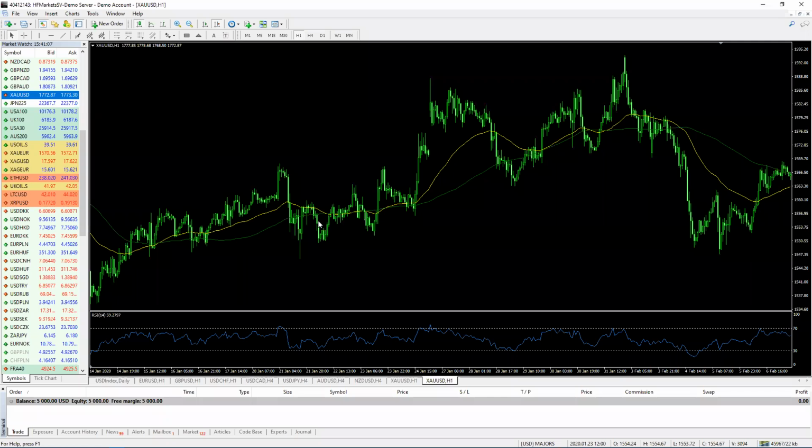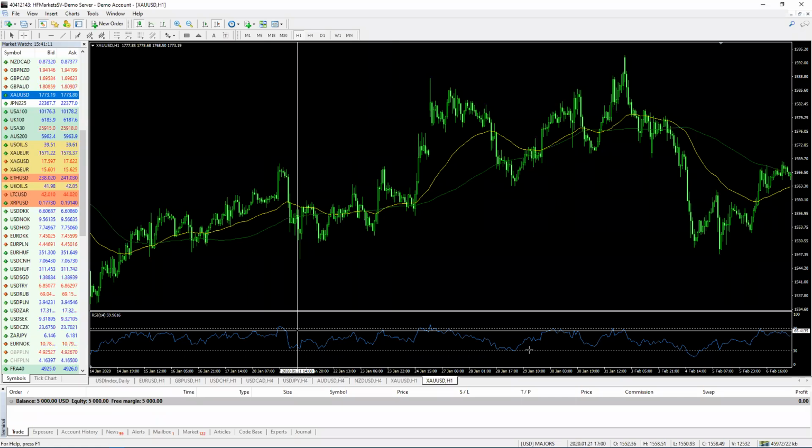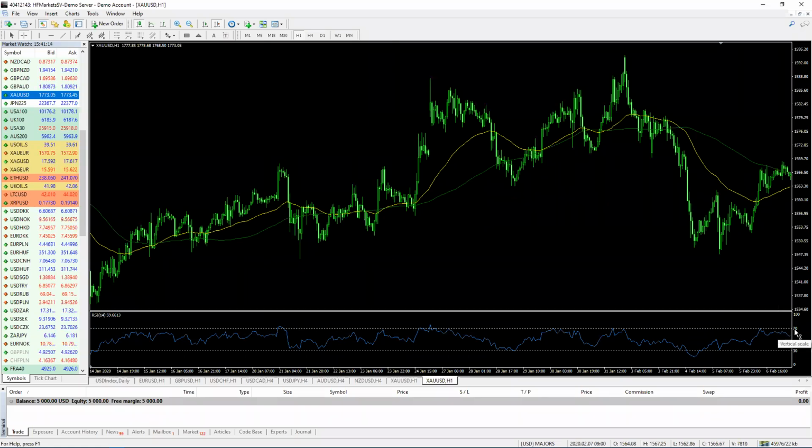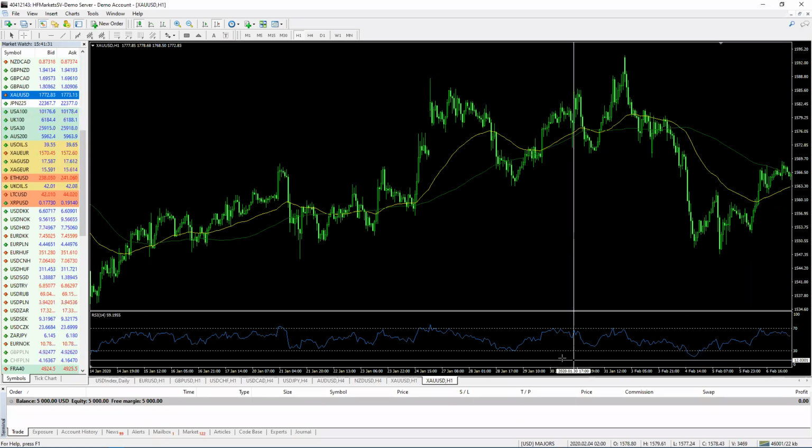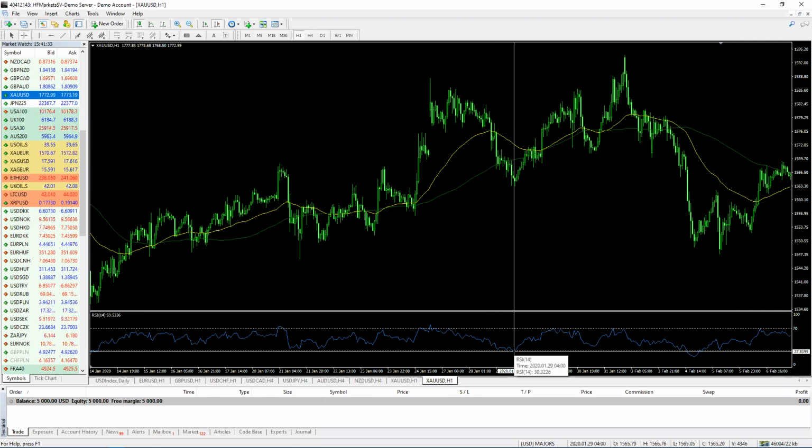Then RSI. So what happens with RSI is apparently if it goes above 70, the market has been overbought, depending on whichever system you're using. And if it goes below 30, the market has been oversold. So the main reason I don't like RSI, let's take for example this. Here it would tell us the market is oversold, we buy. So from there to around here,